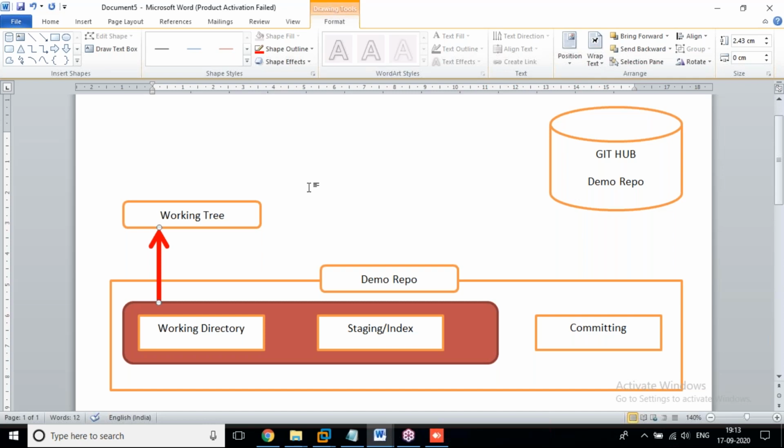Keep in mind, immediately it asks the working tree.